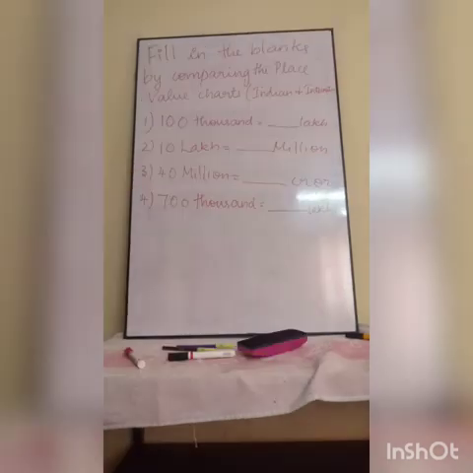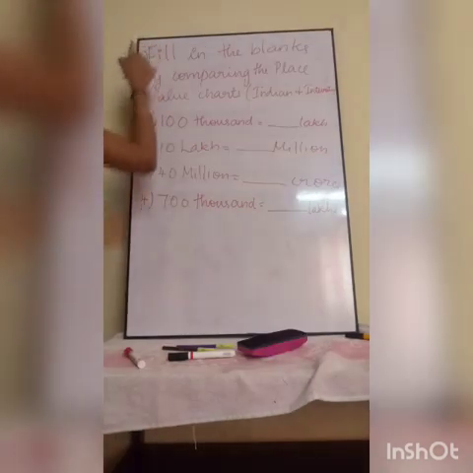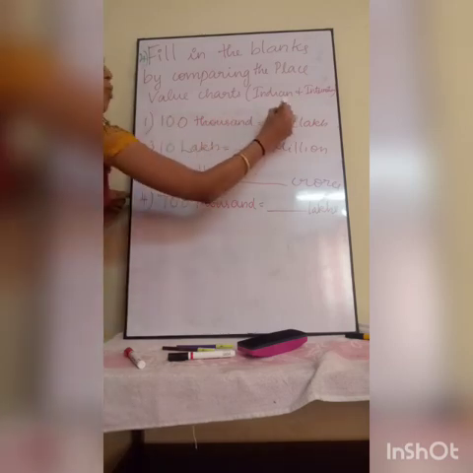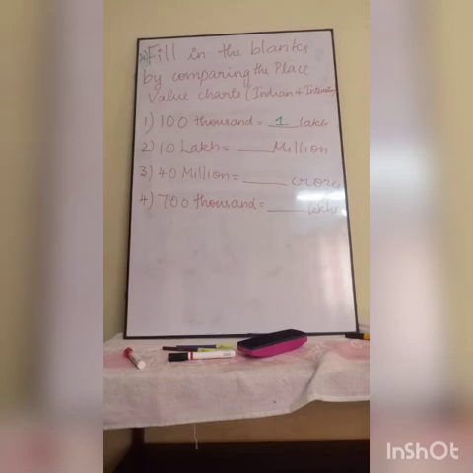Okay. Next is your fourth question, about the fill-ups. For writing this fill-up, you have to refer to the tabular column which is given on page number 10. In that page, they have given 100,000 is equal to 1 lakh. And the relation between million and lakh, they also gave on that page number 10. Please go through that page for writing this question. If you see that question, you can easily write this also. So listen, 100,000 is 1 lakh, because it is given in that part.